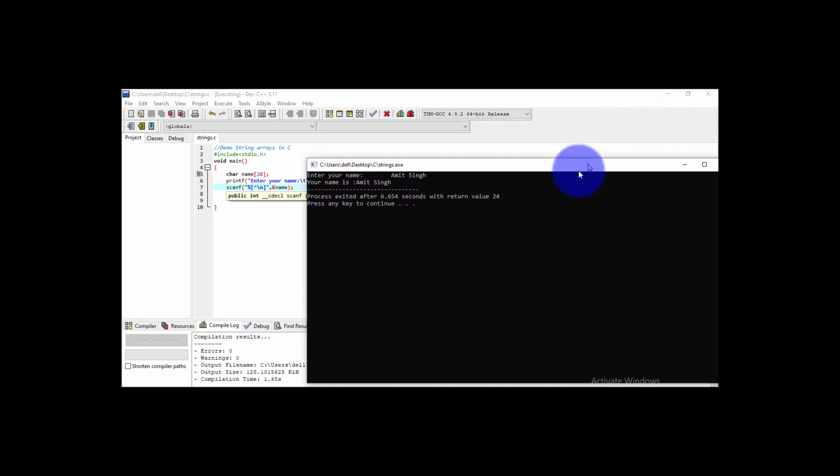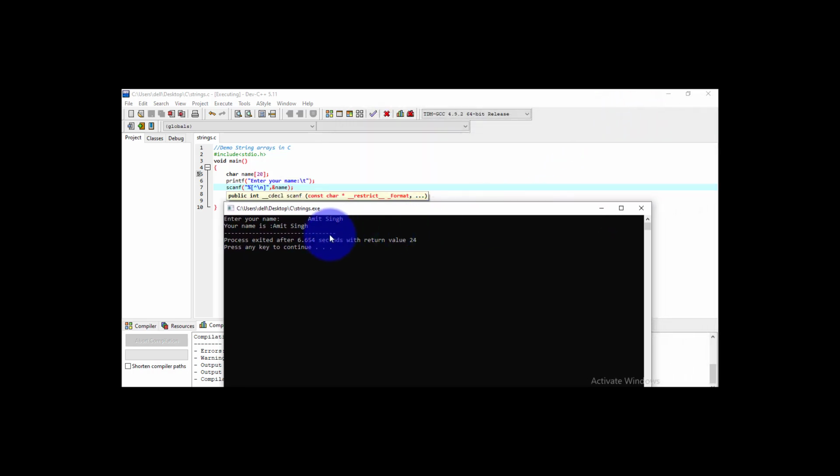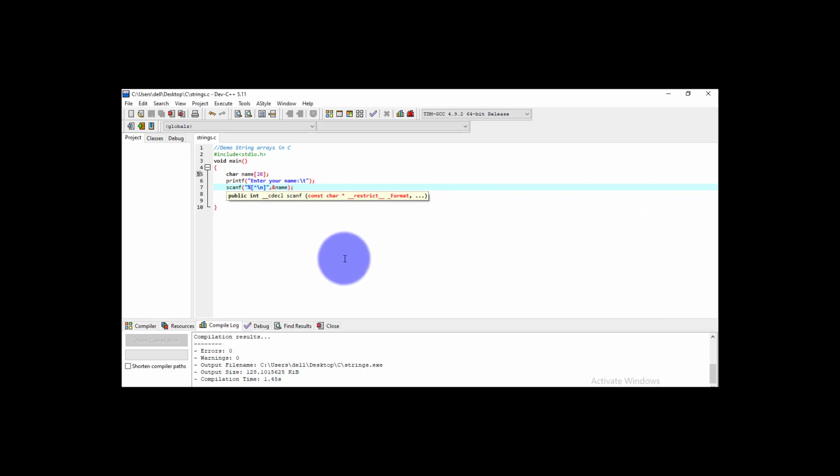This is the way of reading a string through the keyboard using the scanf function. You might face some problems using this format of reading with scanf